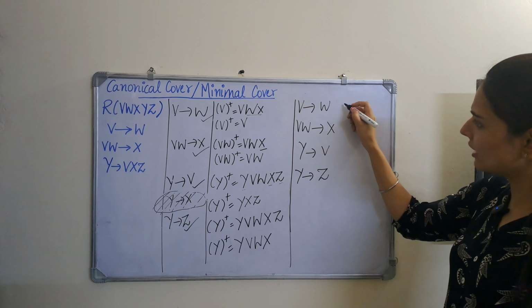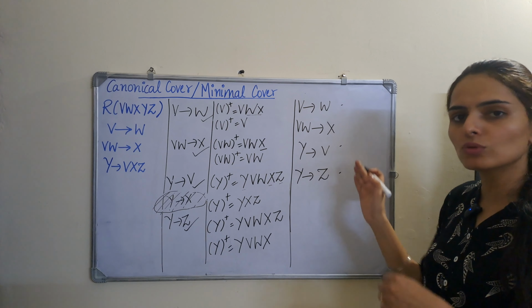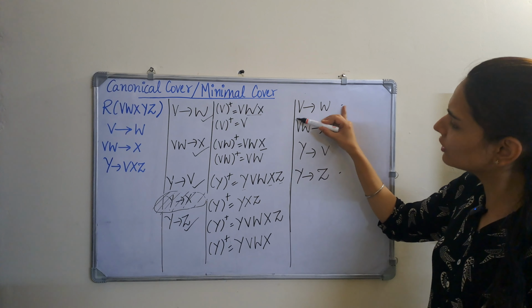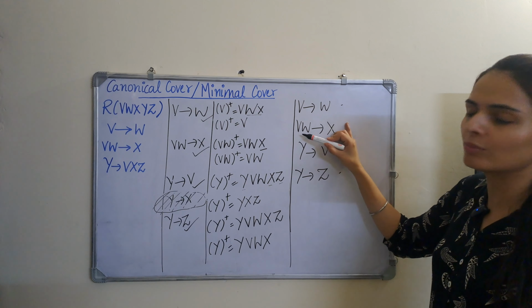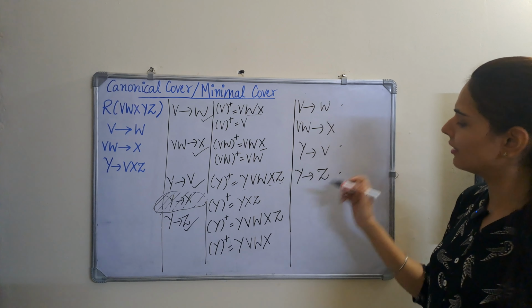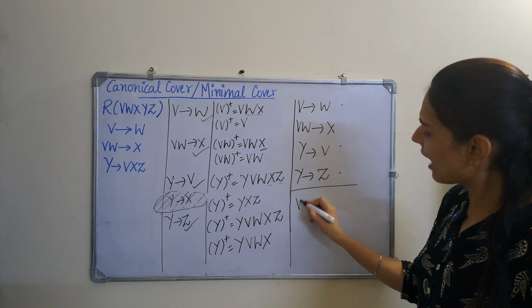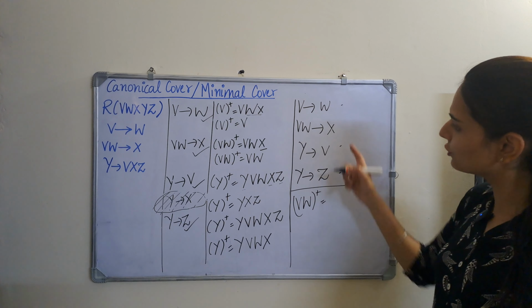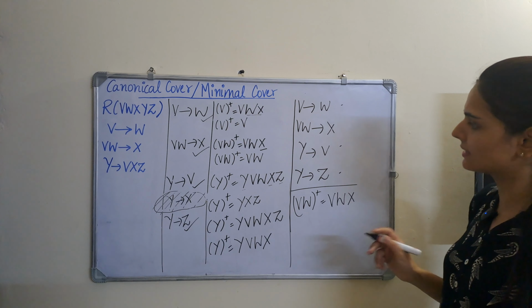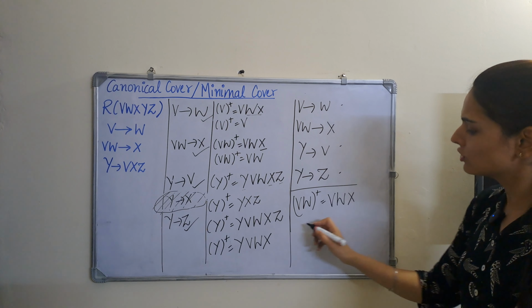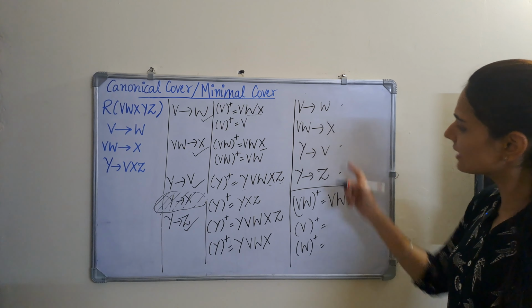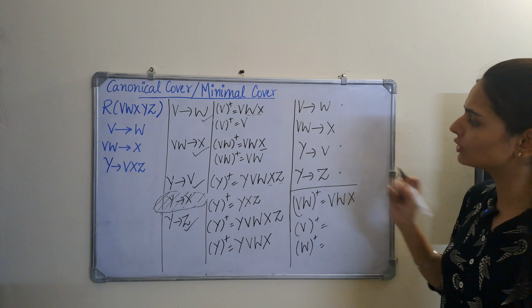Now for these three functional dependencies, we can check that there are single attributes on the left hand side and right hand side, so we do not have to check them now. But for this second functional dependency, we have two attributes on the left hand side, so we will have to check if any among these two attributes is redundant now. So how do we check? We have VW closure first, so we have V, W, then with VW we can have X, we cannot have anything else. So now we have to find out the closure of V and W alone, and this time we will consider all the functional dependencies.